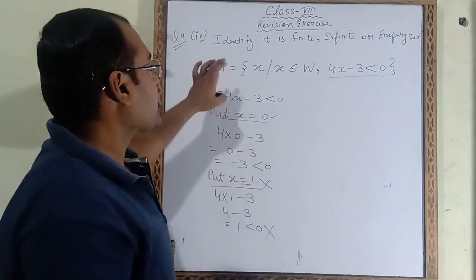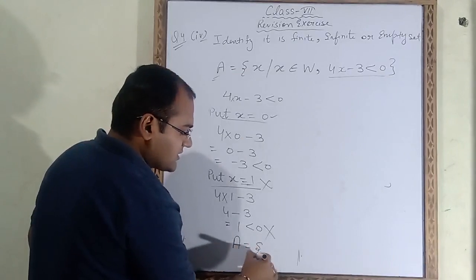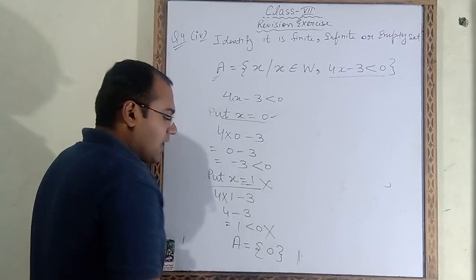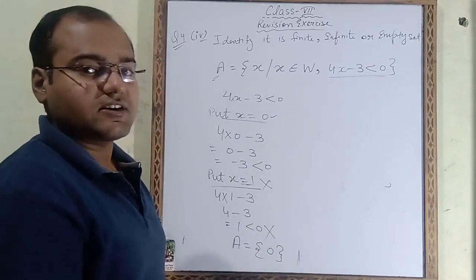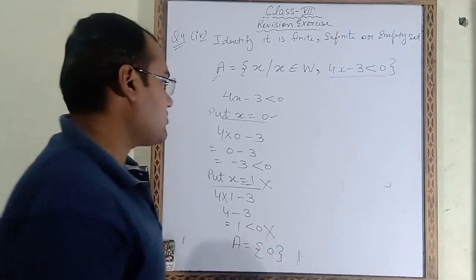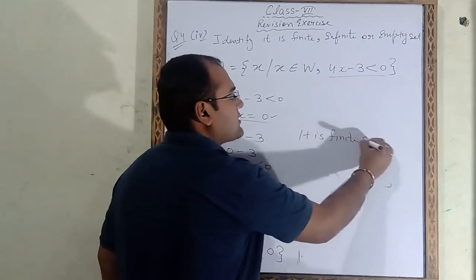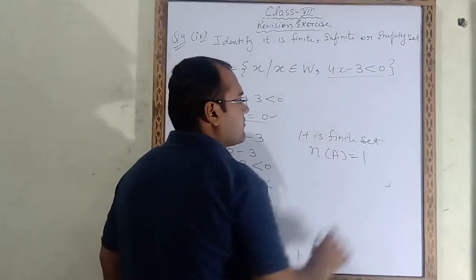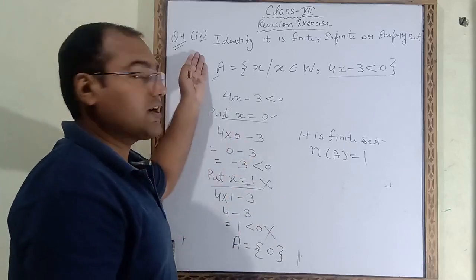What do you have to do now? You have to just write the answer for the A set. In the A set, which answer is correct? The value of x, 0, is correct. Now how many elements are written in this set? One element is written. So we can easily count how many elements there are. One element. So you have to write it is a finite set and the cardinal number of this A set is 1. So like this you have to do this part number 4.